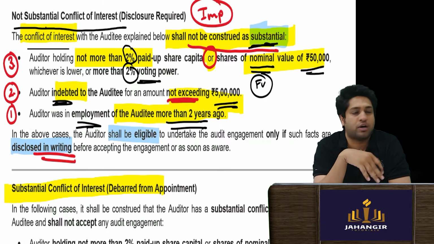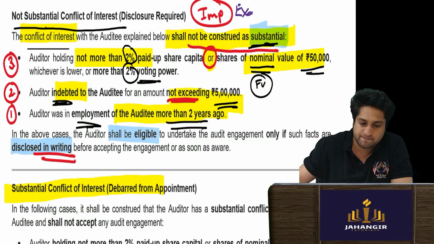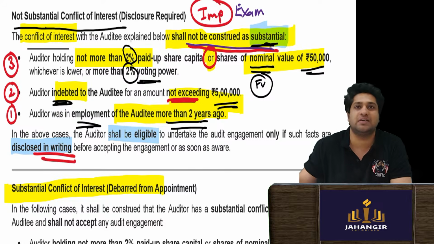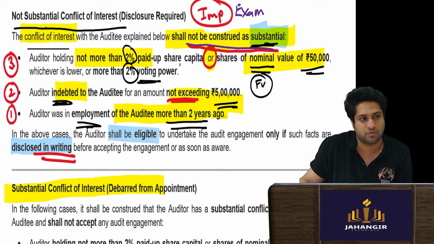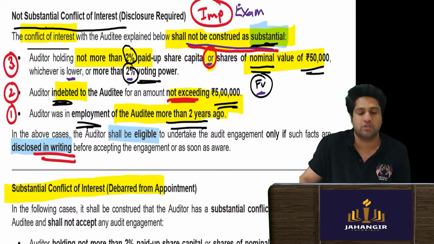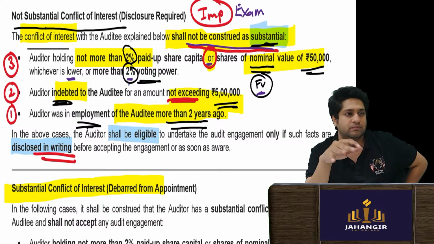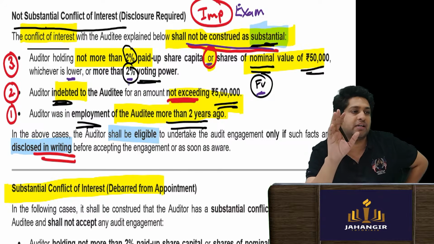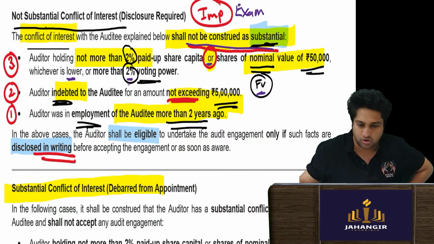Now this is very important from the exam point of view. It shall not be considered substantial if the auditor is holding not more than 2% of the paid up share capital, or nominal value, that is face value, of rupees 50,000, whichever is lower, or 2% of the voting power. If I am not holding more than 50,000 face value, or 2% paid up share capital, or 2% voting power, or if I am not indebted